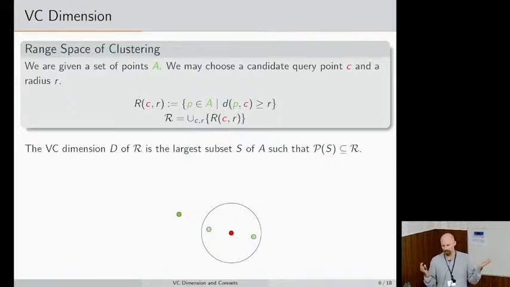Okay. And for any range space, you can now define the VC dimension, which is the size of the largest subset such that the power set is contained in the union of all of the ranges. Yes? Complement of ball, like circles, now what are the ranges? Is it the complement of circles, the base?